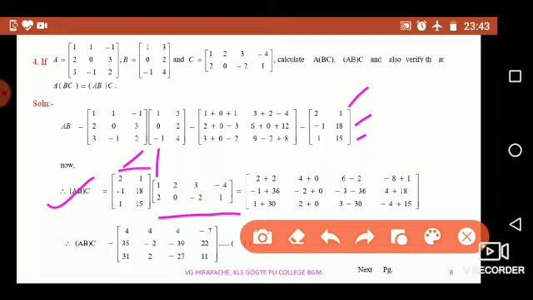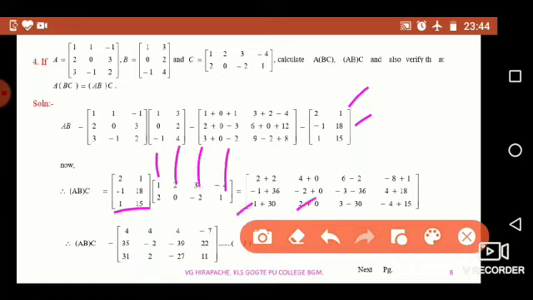Likewise, we can multiply the second row of matrix AB by the first column, second column, third column and fourth column respectively. We get minus 1 plus 36, minus 2 plus 0, minus 3 minus 36 and 4 plus 18. Finally, we multiply the third row of AB with the first, second, third and fourth columns respectively. We have the elements 1 plus 30, 2 plus 0, 3 minus 30 and minus 4 plus 15.